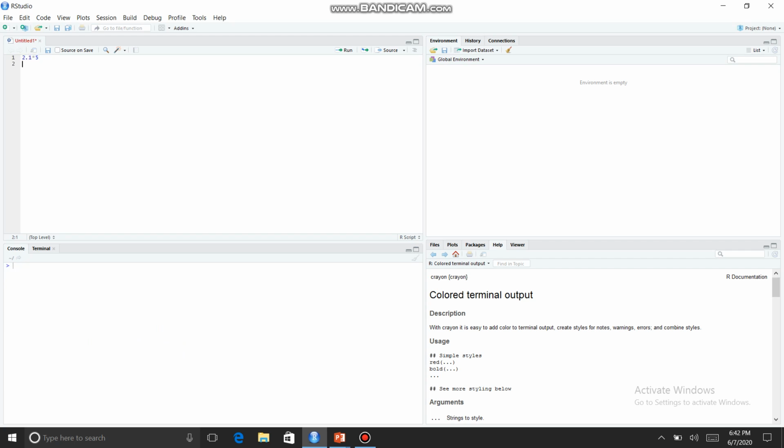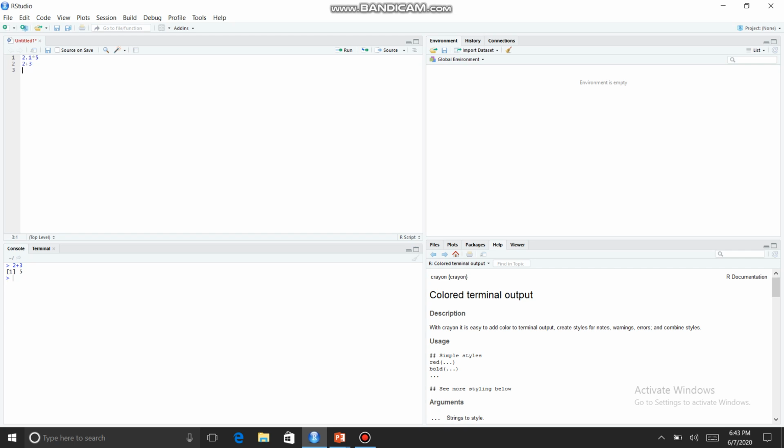Let us see the addition of two numbers, 2 plus 3. Select the code and click on the Run option. The output will be displayed in the console window. It shows 5 in black color. I want to divide this by 3.